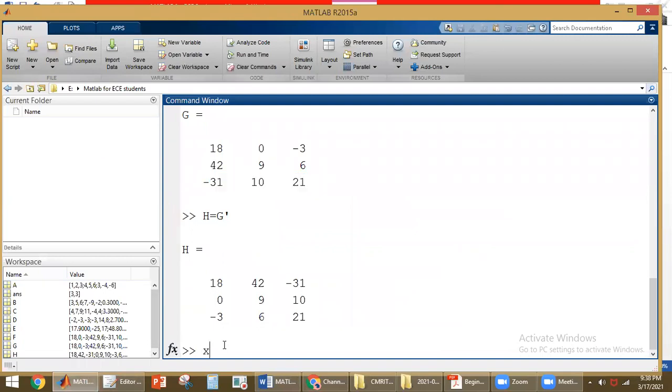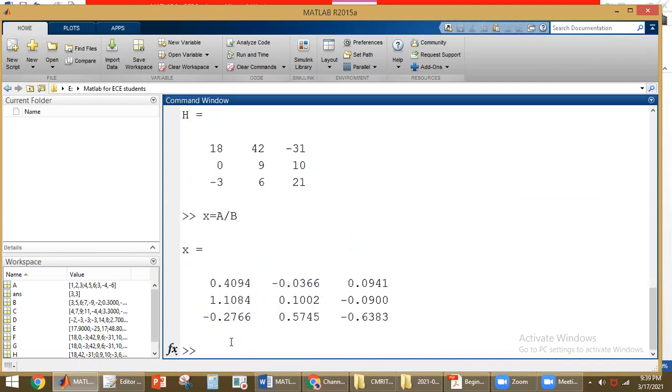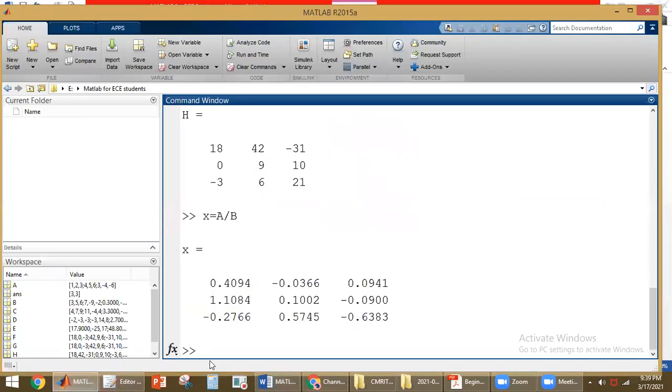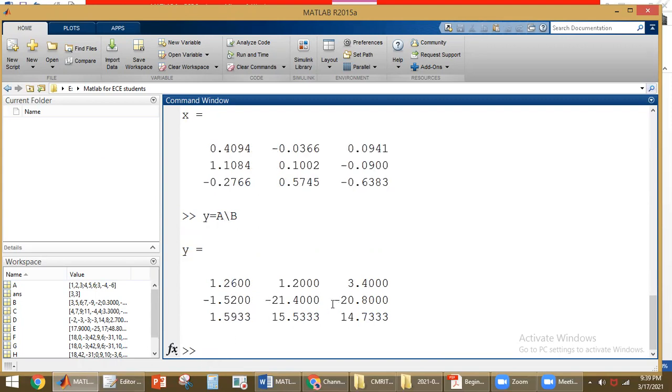For example, x is equal to A by B. This is the right division. Now we perform left division: Y is equal to A backslash B. This is the left division. Like this, we can perform these operations on matrices.